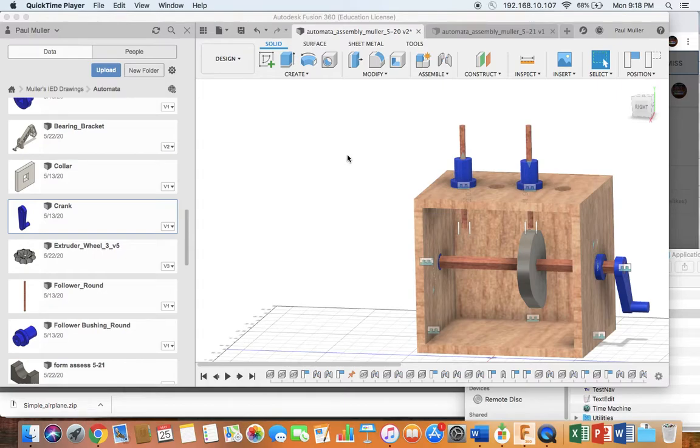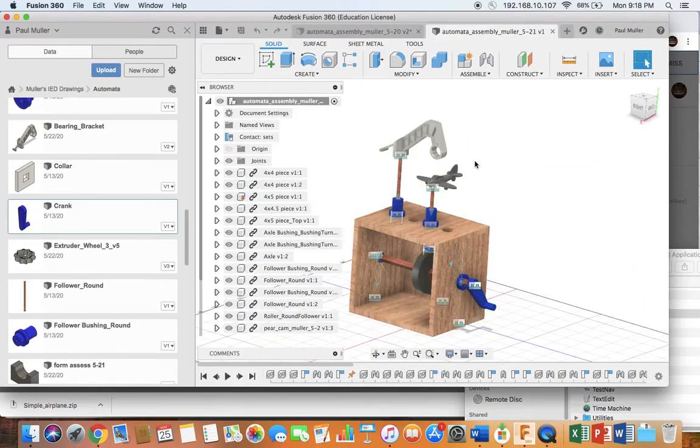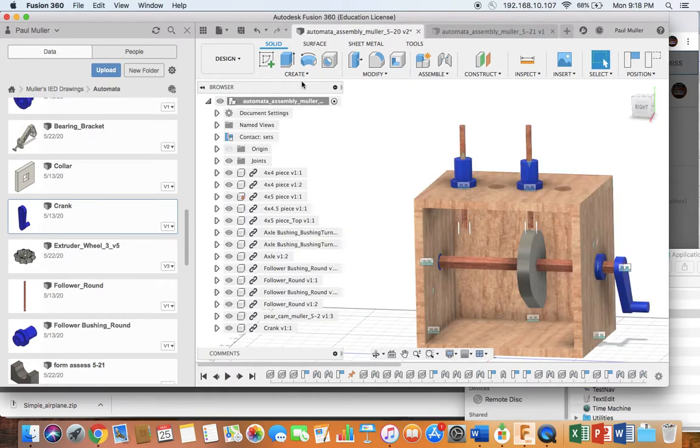We're now ready to finish our automata assembly. So this is where we left off in our automata assembly, and this is where we want to be with the figures on top. Alright, so I'm going to put this airplane figure on top of the follower, on this one here. Alright, so how do we get that on there? Well,